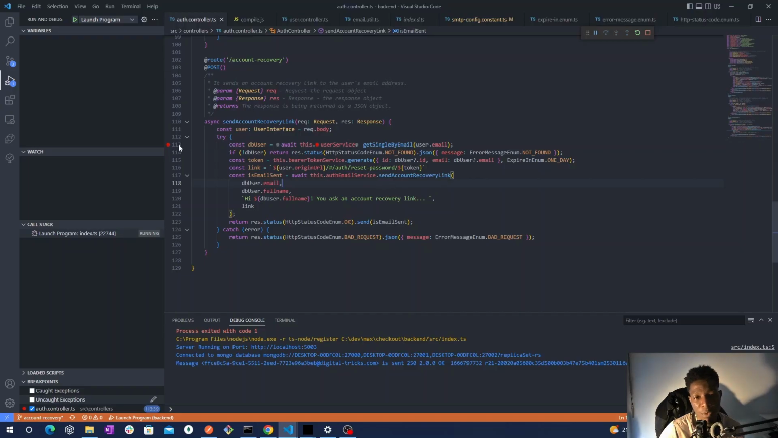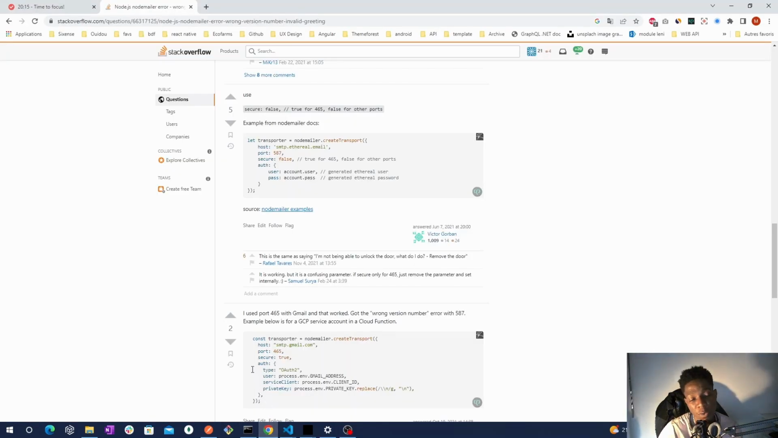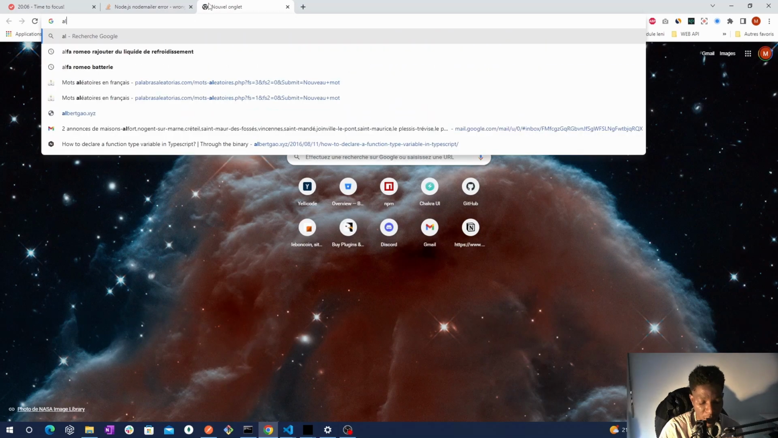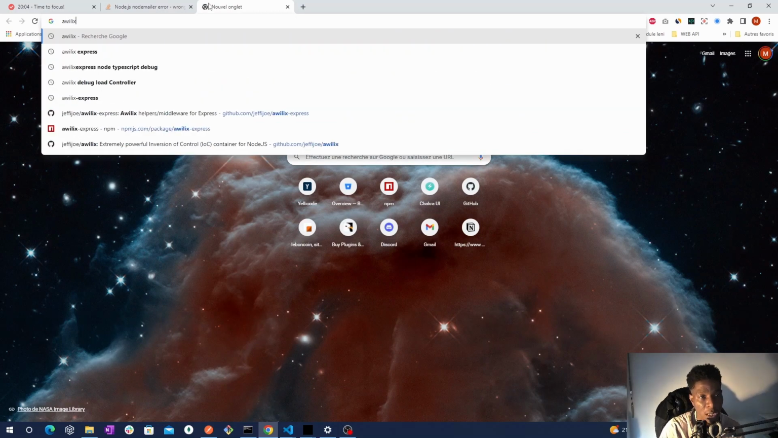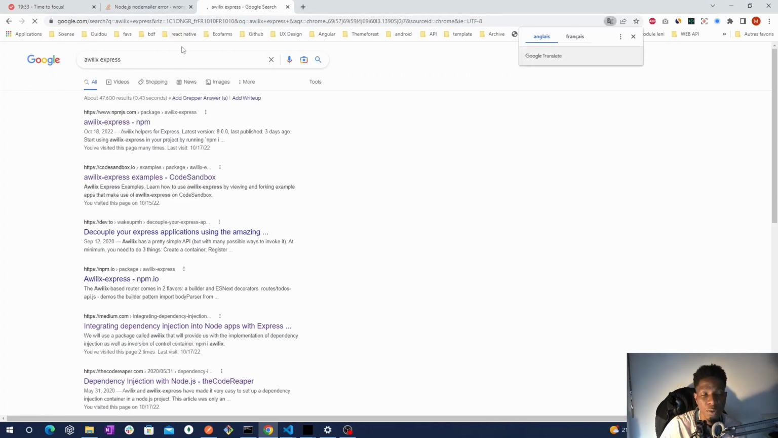So now that we do that, I will look for how to create an authentication middleware to secure our endpoint. So let's take a quick look at Awilix Express, a page to see how to create middleware,